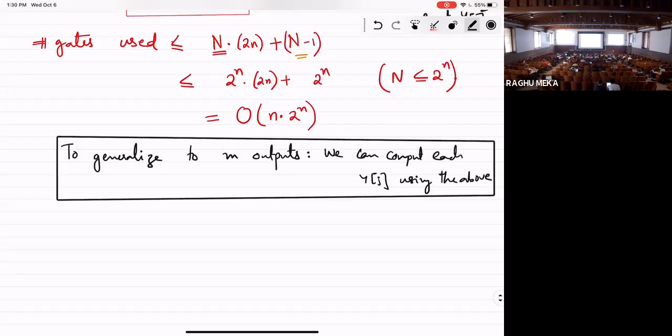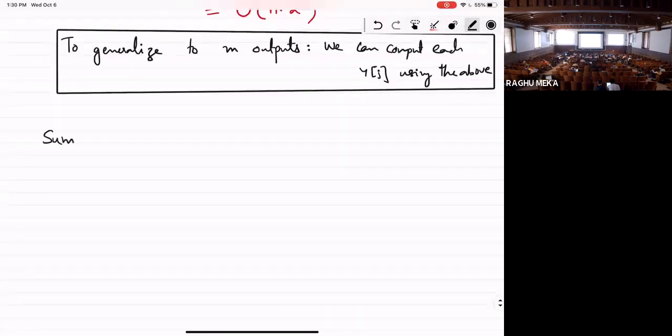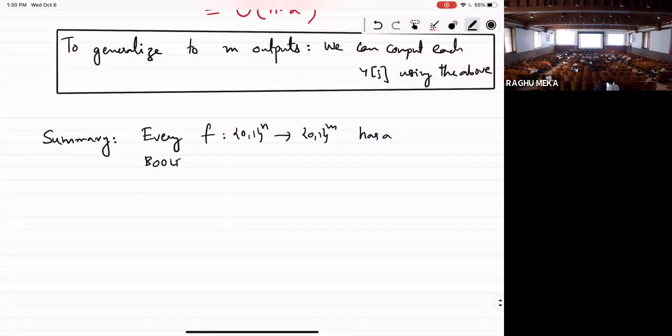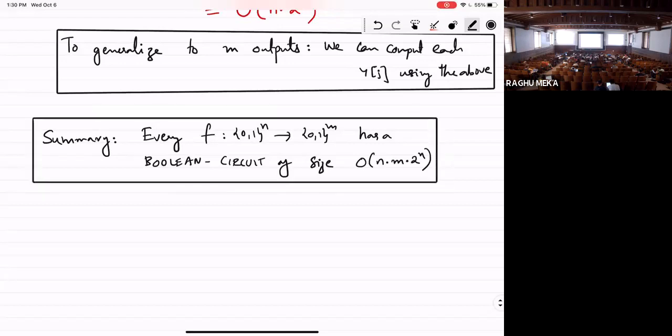Any questions? All right, so just to summarize, every f from here to here has a Boolean circuit of size